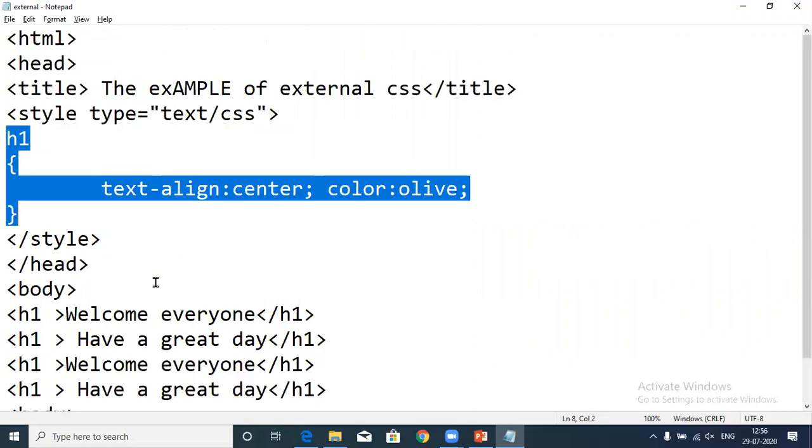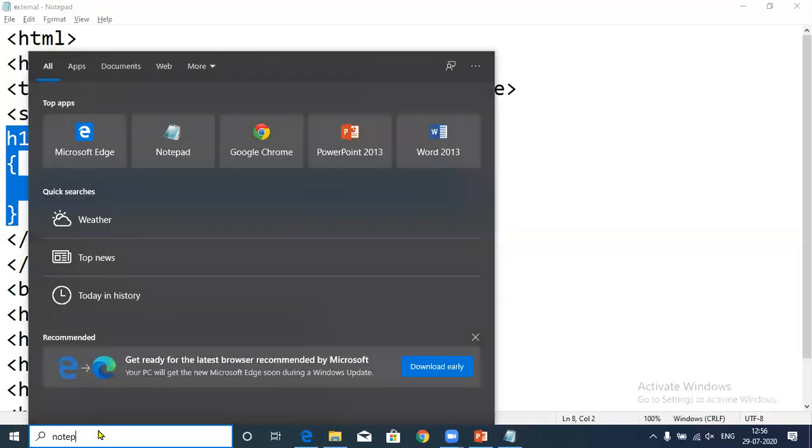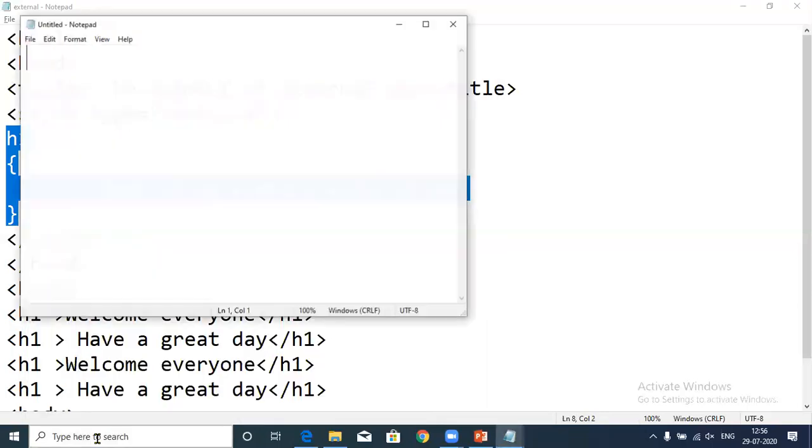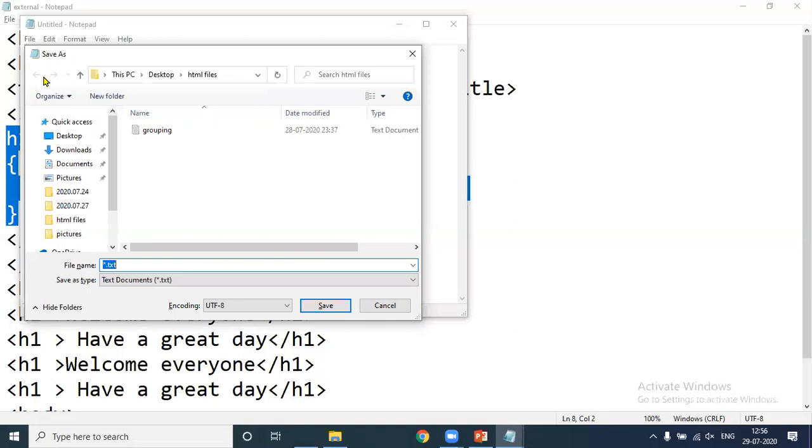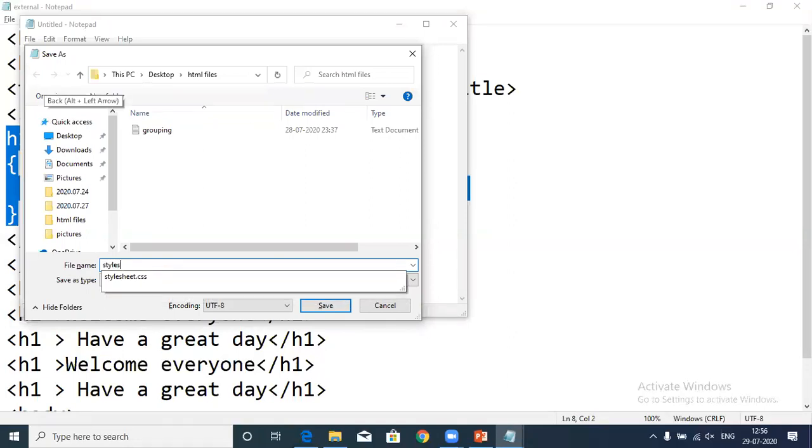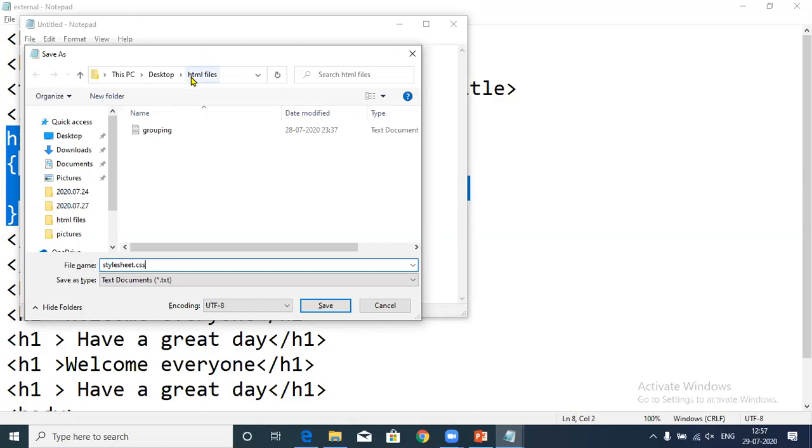Fine. Now we will talk about what is the external CSS. Now, how we can create the external CSS. First of all, I'll open one notepad file from here. Okay. So I'm going to save it with the name of stylesheet.css at the same location where your page is saved.